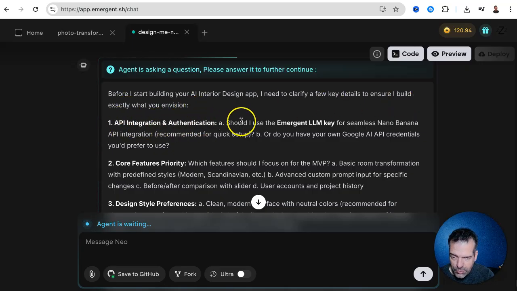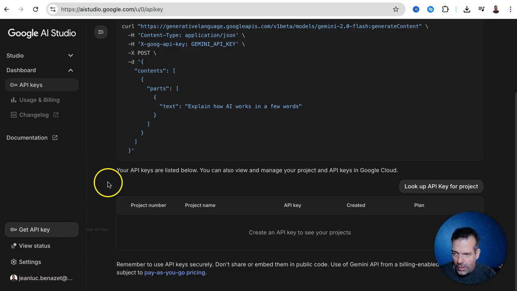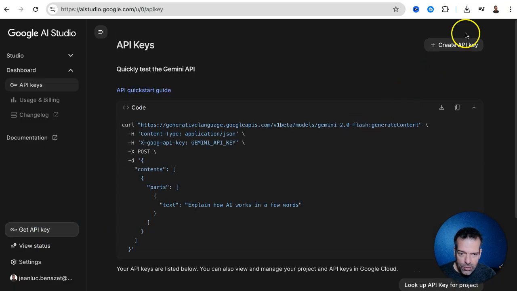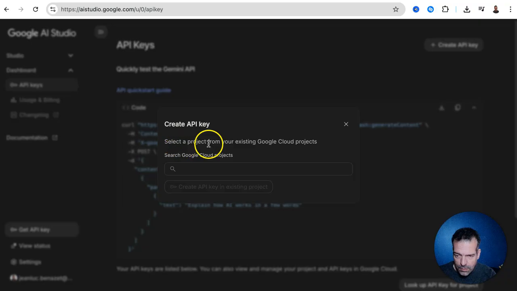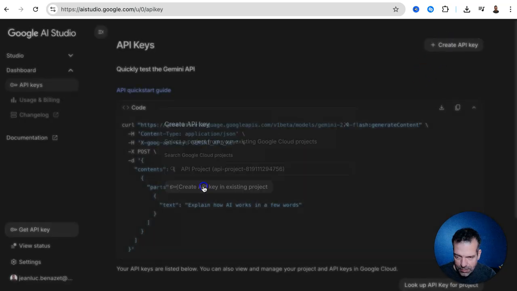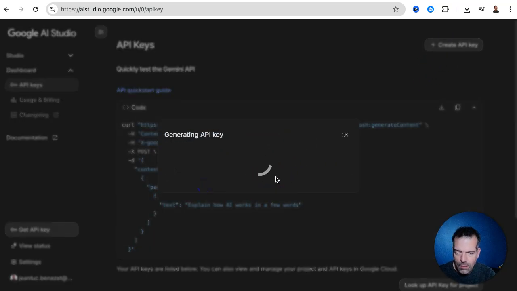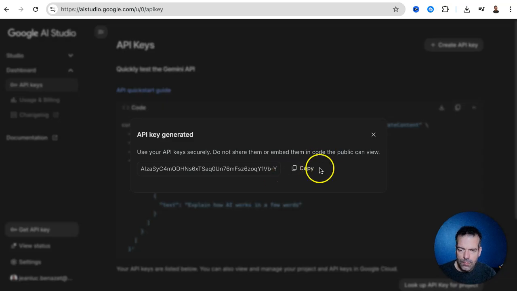API integration and authentication. Should I use the Emergent LLM key for seamless Nano Banana integration? Or do you have your own API and credential you prefer to use? So I don't have my API key yet, but what you do is you go to your Google AI Studio, you click on Get API Key, and literally you create an API key there. You can select a project and then generate a key. So once you have your key generated, you copy it and then you can paste it into